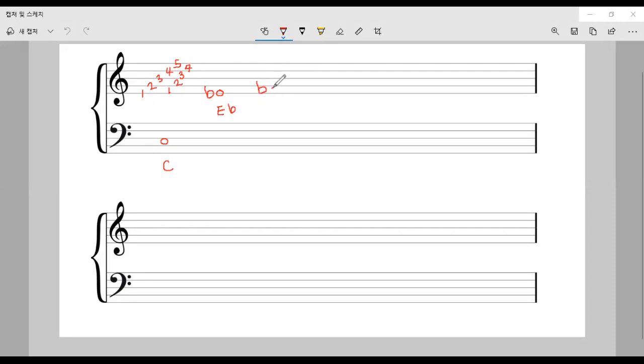This is F flat. So here, this space indicates F, right? When you do the line, this is G. When you draw the flat, it's as if you wrap the note that you want to indicate. A flat,